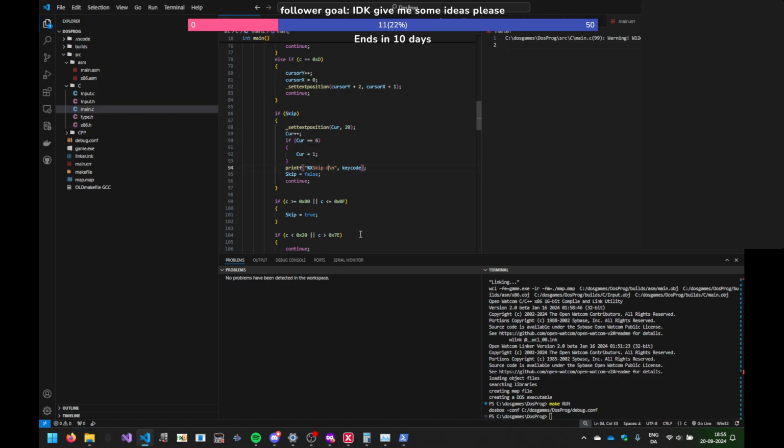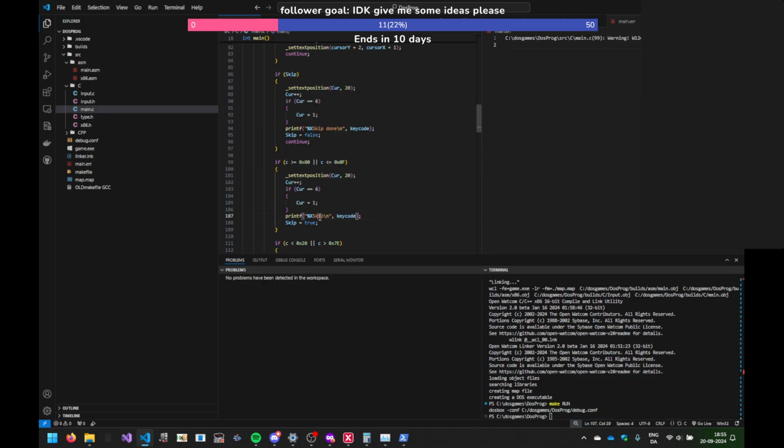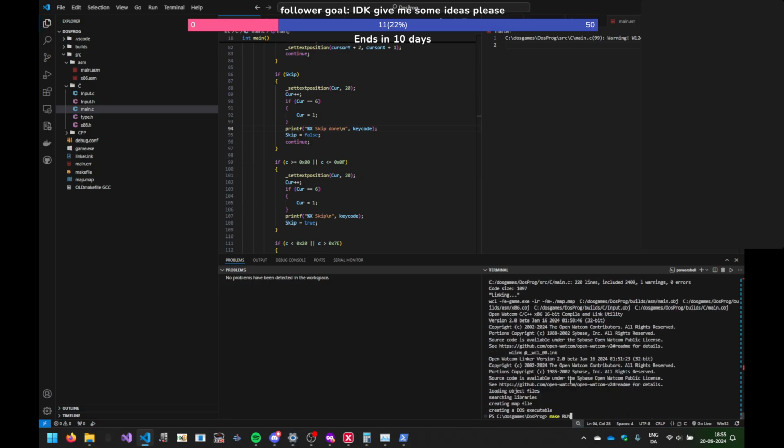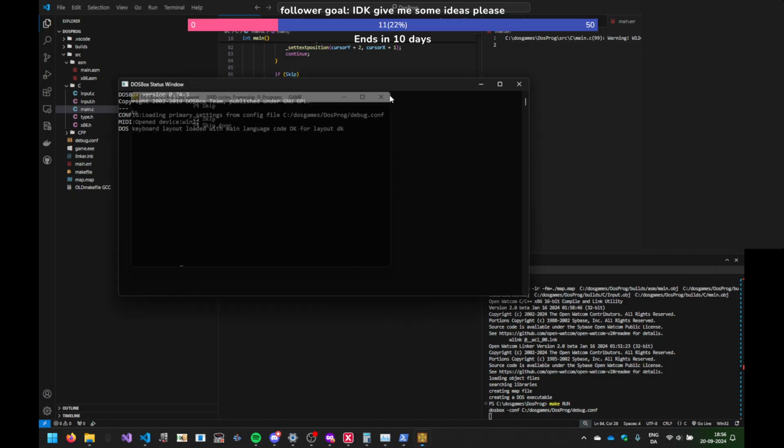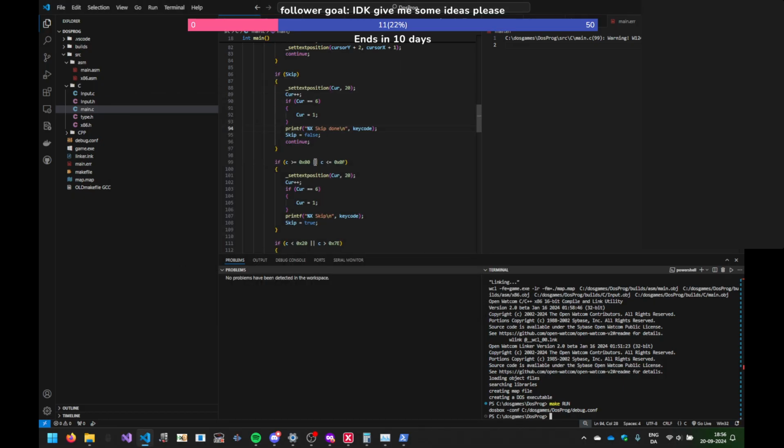Skip done. And right here, we'll just simply say key code skip. Let's see. Skip done. Skipped. Oh, it was actually. So this comparison always results in one. Yes. Look. Okay. So if